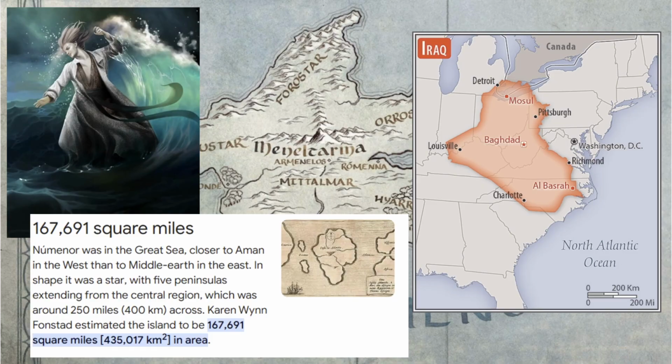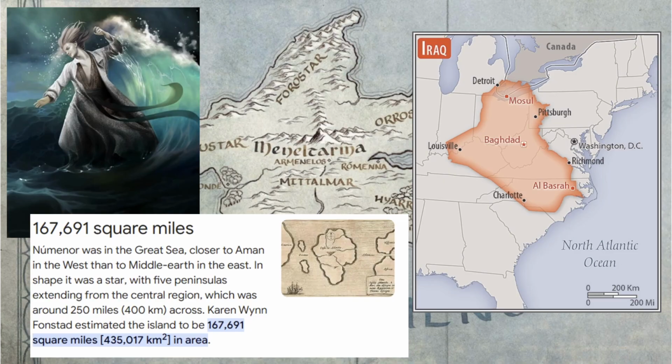Not only that, but we can also scale him to some of the other Maiar, one of which is Ossë, who was the Maia of the sea, who was able to raise the island of Númenor from the ocean, and created the island of Númenor essentially. And so to give an idea, Númenor, through calculations that other people have done, is estimated to be around 170,000